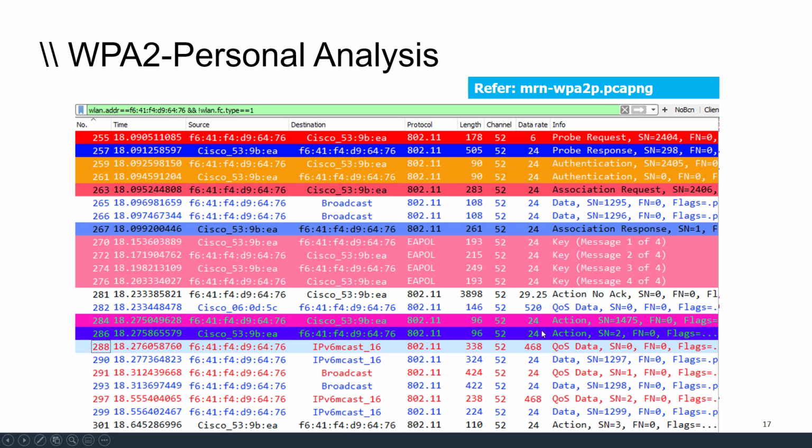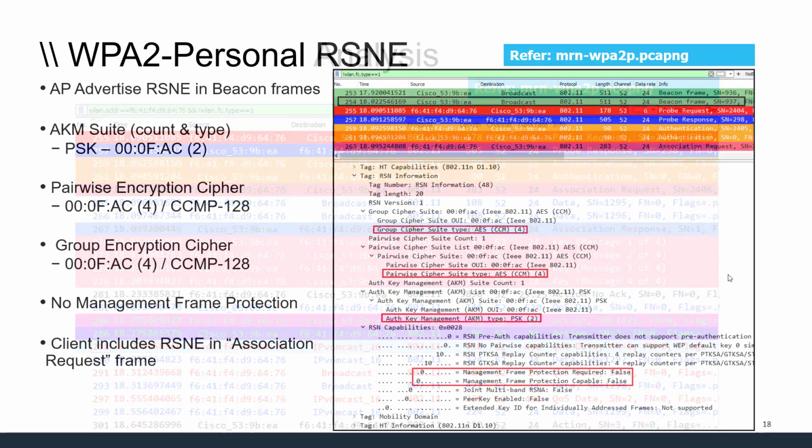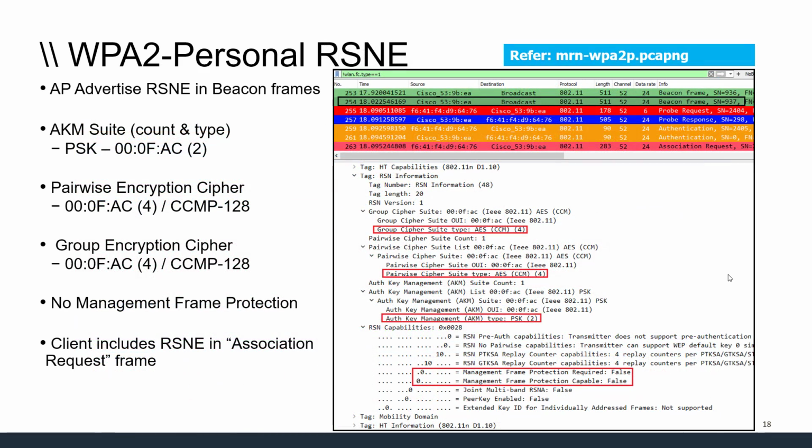Once you derive the key, you can see it is saying QoS data. But if you look at frame number 182, you will not be able to see the detail. But before going to the frame detail, let's see how the security method is being advertised.